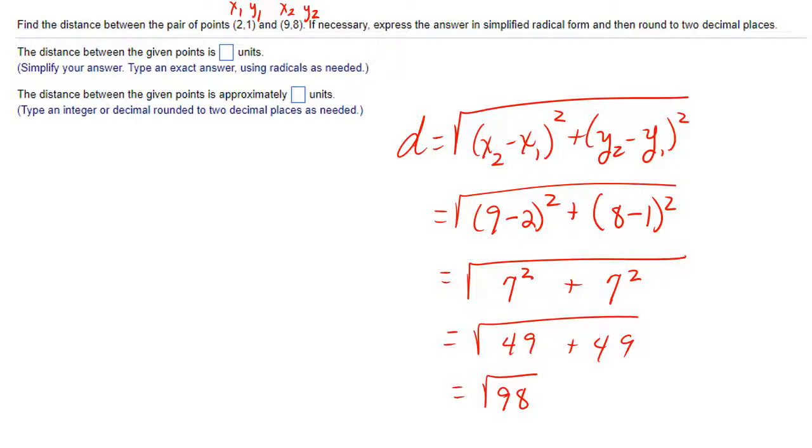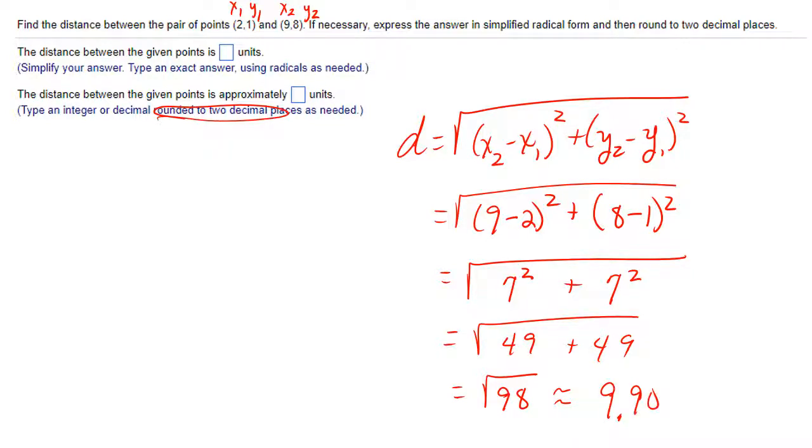Now the square root of 98 is approximately found by using the calculator. If you have a scientific calculator, you can easily put that in, and the square root of 98 is approximately, we're going to round to 2 decimal places, that would be